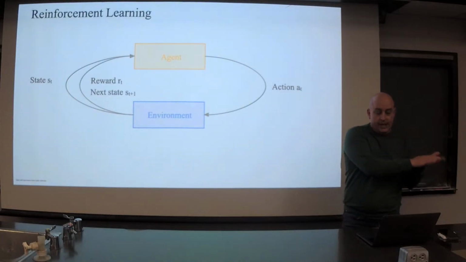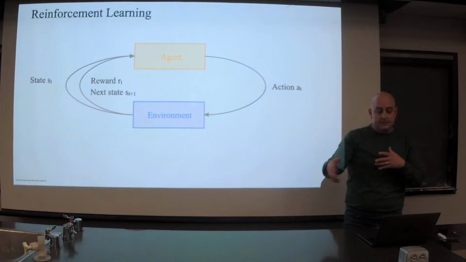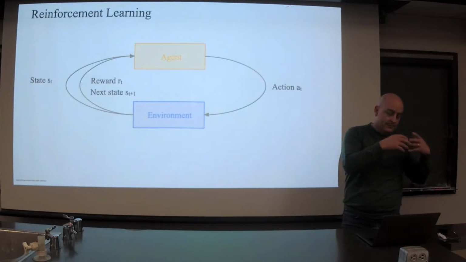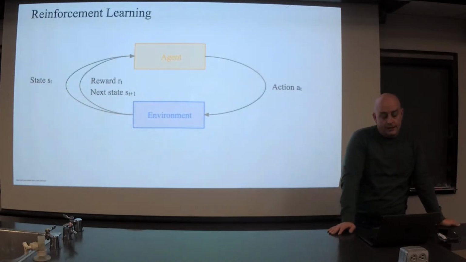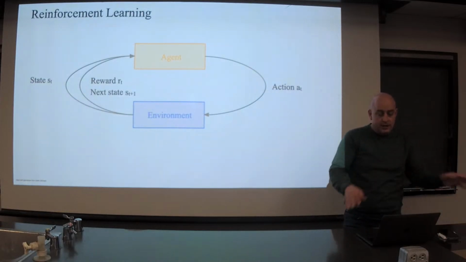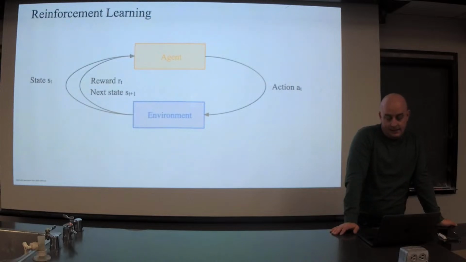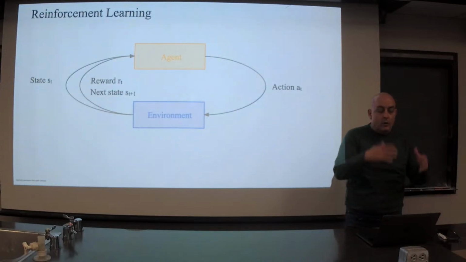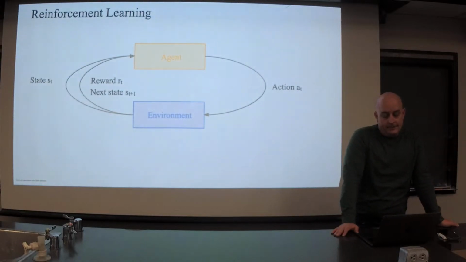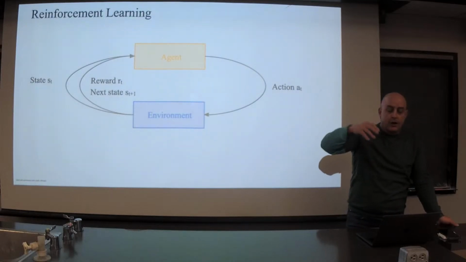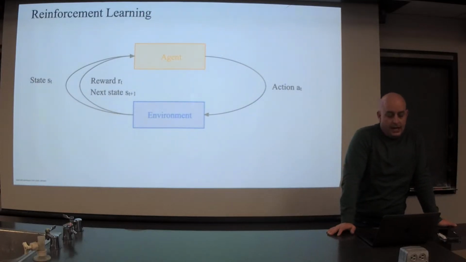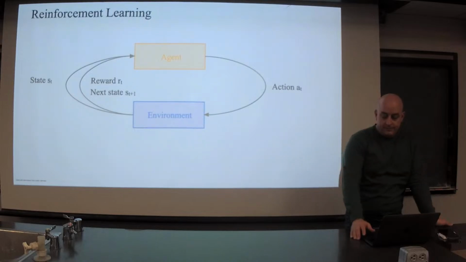So, the agent is in a state at time t and takes an action given that state. A reward is given. That could be a reward reinforcing the action, or a reward meant to deter that action being taken in the future. It could be no reward at all, because possibly the reward is going to be given later on after a sequence of actions. Then we're in a new state, and we just keep going in this sequence.